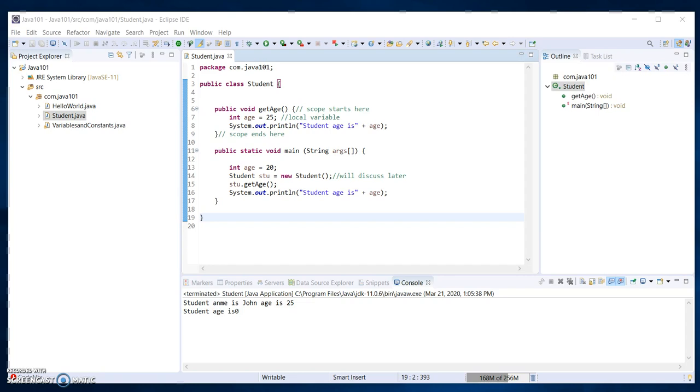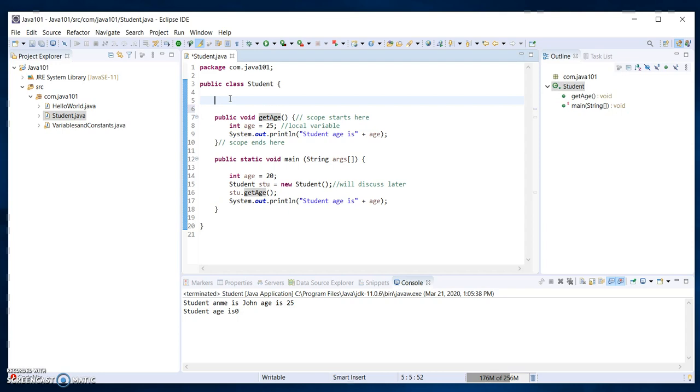Okay, so as you can see, the Eclipse is already there and we are seeing that there are two methods here, get age and public static void main string args, and we have just instantiated the student class, which is this, and in the get age method we have defined a local variable. Okay, so now let's make an instance variable, and this time I'm going to make it a string. So string name equals